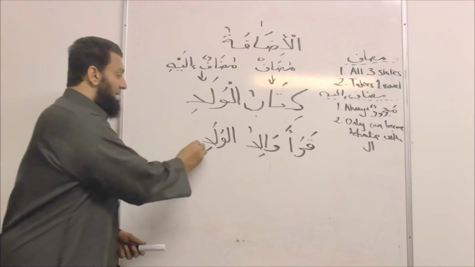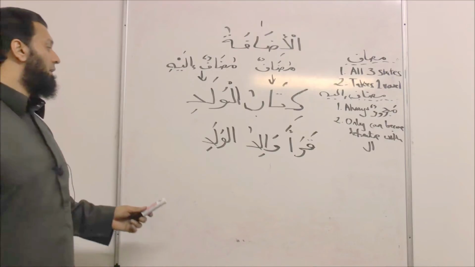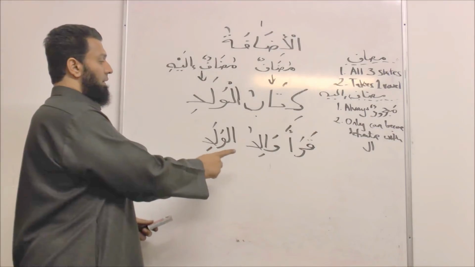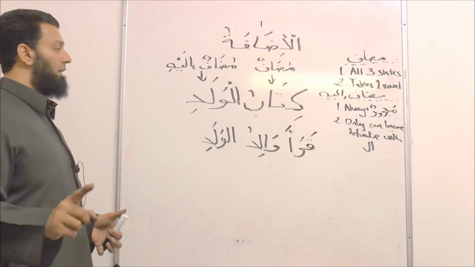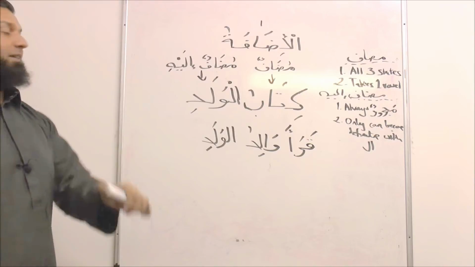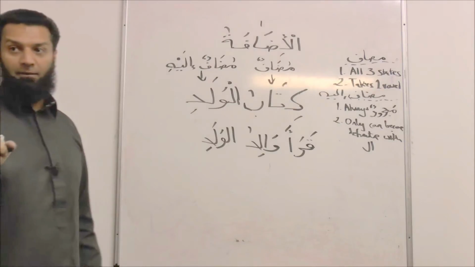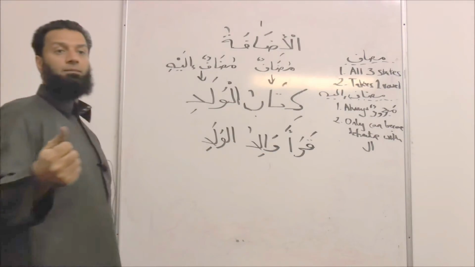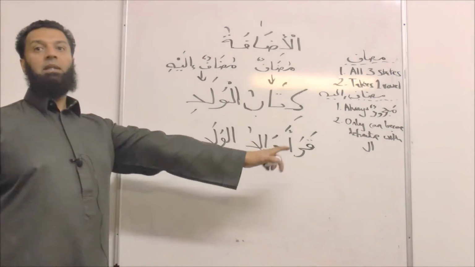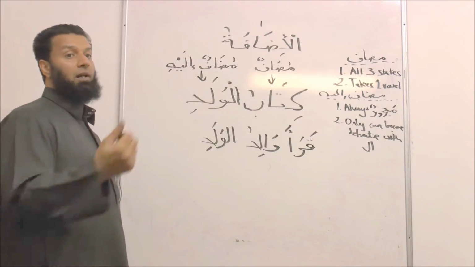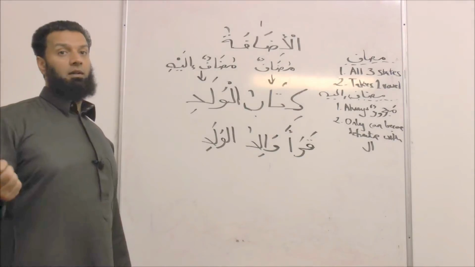So walidul waladi means the boy's father. Newspaper. Is it called mansubun? Because of the verb. I'm a bit confused. Right. Okay. Here we have our jumlatul fi'liyah. We begin with qara'a. Then we have our fa'ilun. Our fa'ilun is always marfu'.